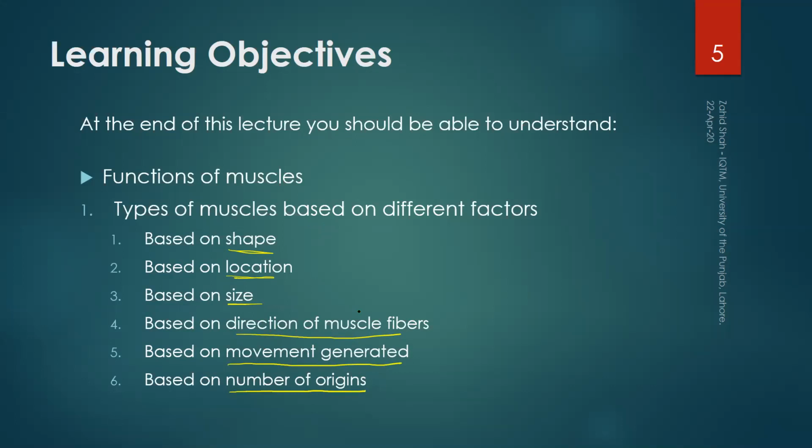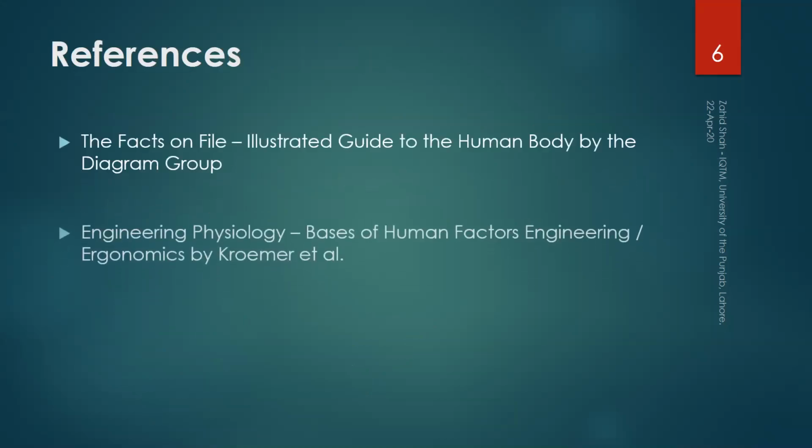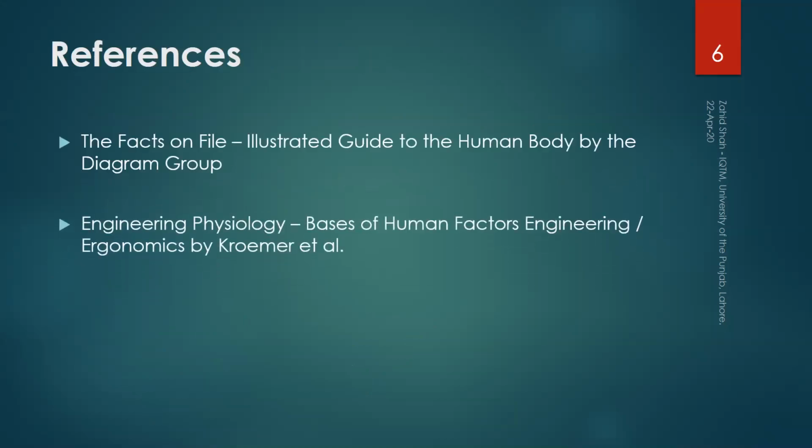The basic purpose of this lecture is actually for you to just get an idea from the name of the muscle, where it will be located, what function it will provide, to which bone it will be attached, and similar things. So to get a gross idea of the location, shape, and function of the muscles. References for this lecture are primarily the two books that I have been mentioning, but most of the figures in this lecture and the previous lectures are from Google Images.